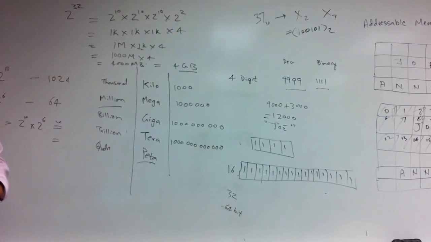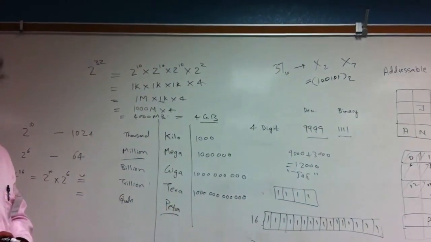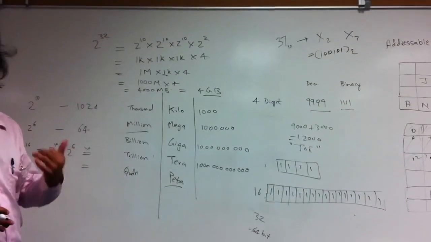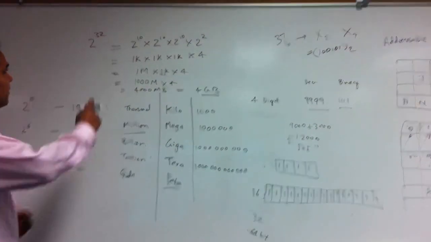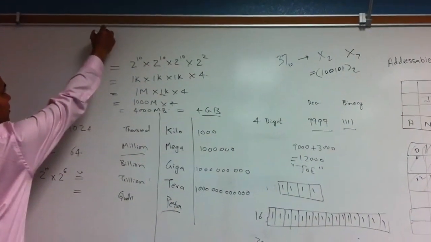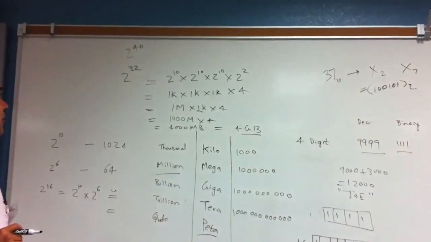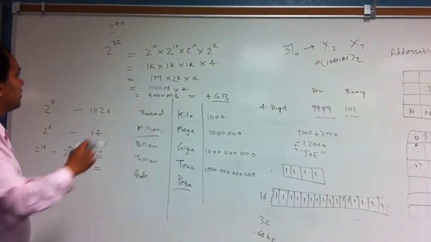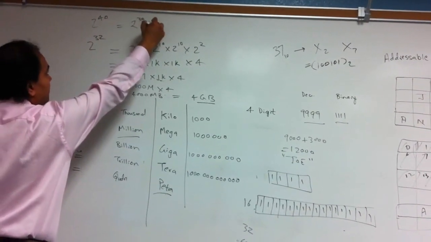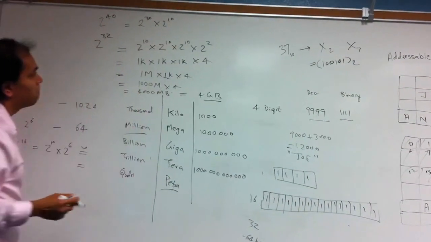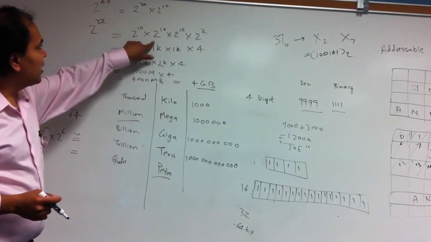Similarly, nowadays some supercomputers have a lot more memory requirements. So one way to remember is 2 raised to 40 is a good number to remember. Why is it good? Because it's nothing but 2 raised to 30 into 2 raised to 10. But 2 raised to 30 is 1,000 into 1,000 into 1,000,